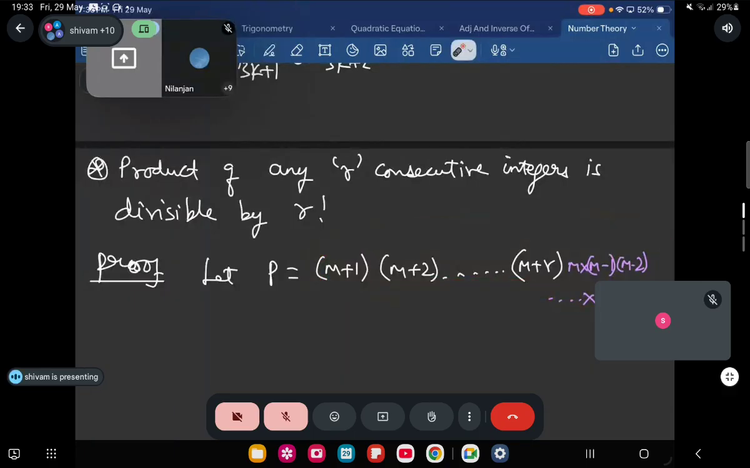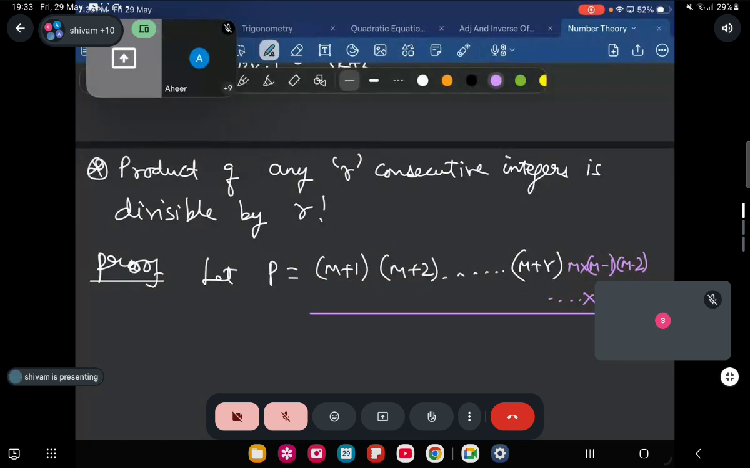This is 1 into 2 into 3 into dot dot dot, m minus 2 into m minus 1 into m plus 1, m plus 2 up to m plus r. That is m plus r whole factorial. Now since I have multiplied by m into m minus 1 up to m,